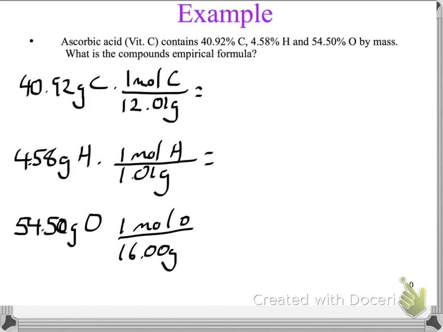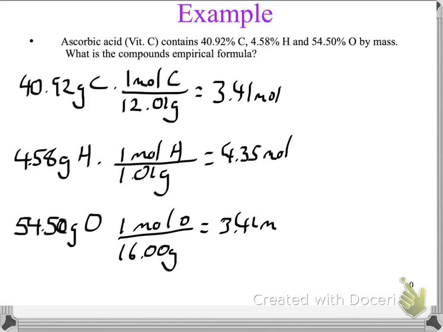And when you calculate these, you hopefully will come up with something like 3.41 mole of carbon, 4.35 mole of hydrogen, and 3.41